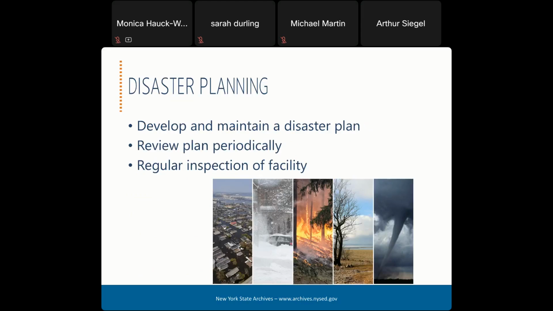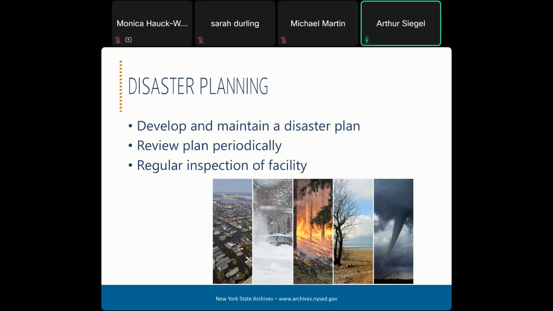But despite your best efforts, there's always the risk of your records being subject to a disaster, whether it's a flood or burst pipe, fire, or something else. While you can't completely eliminate the risk, you can significantly reduce the impact of a disaster to your inactive storage space if you actively work to anticipate and prevent them. A strong disaster management plan will help you do this by avoiding or managing events that can threaten, damage, or destroy your records.